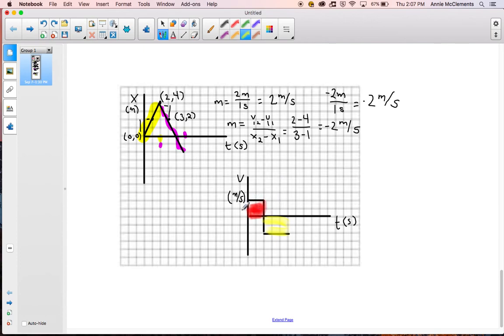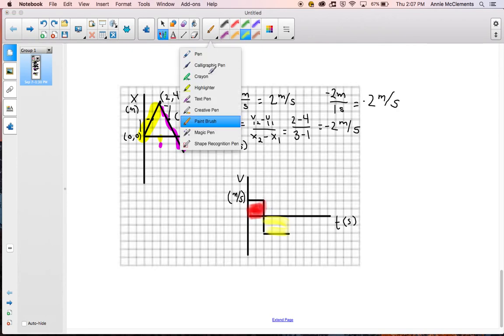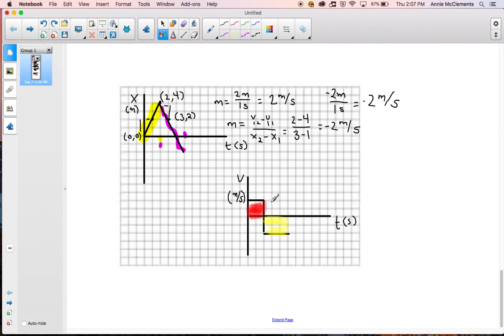The area of these squares, right, equals, let's see, we'll go area of square equals distance traveled, right? Not displacement, but the distance traveled for that object,